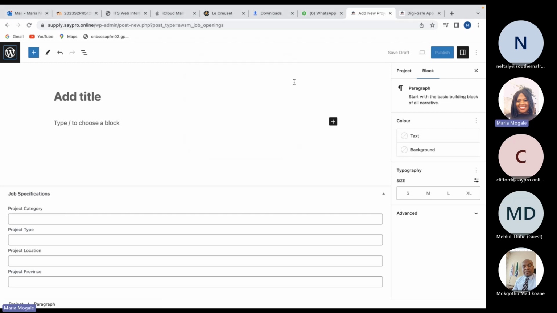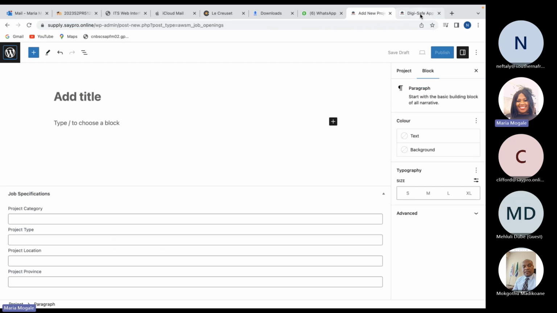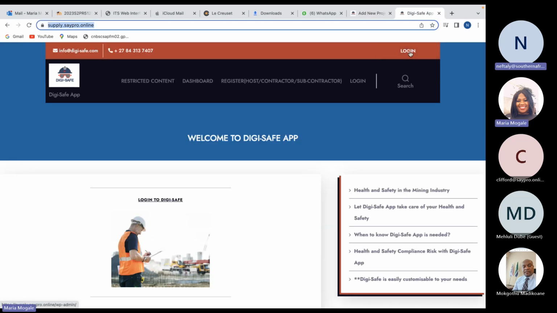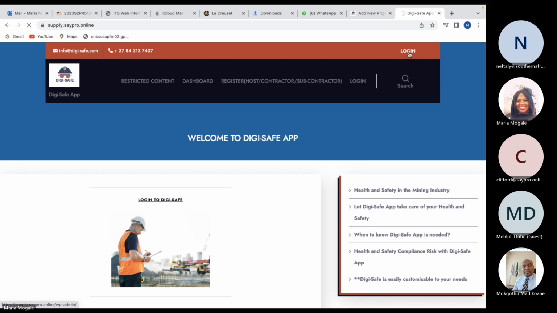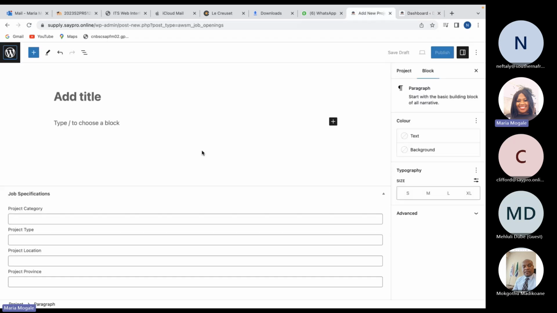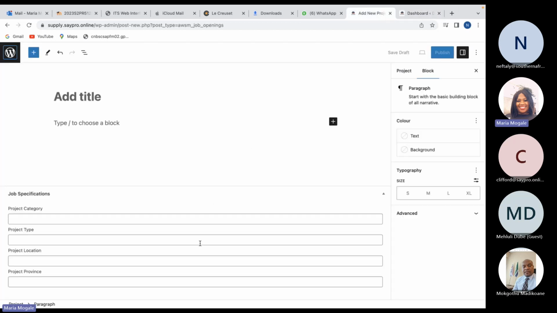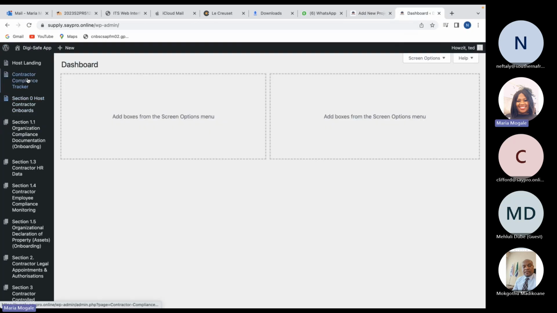Okay, sorry, did it log me out on the other one? I can't log in. Anyway, it's fine. So on the host side, when I am onboarding the contractor, I will populate all this information, and also choose the sections that I want that specific contractor to complete for the specific project.